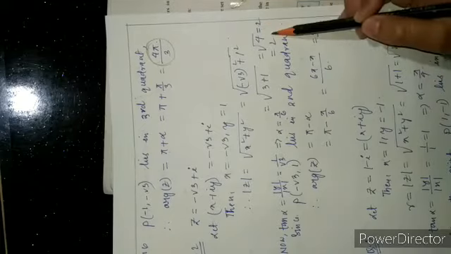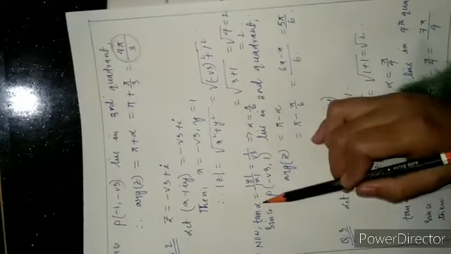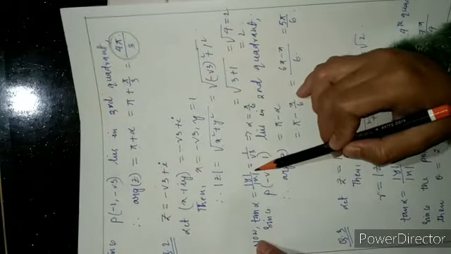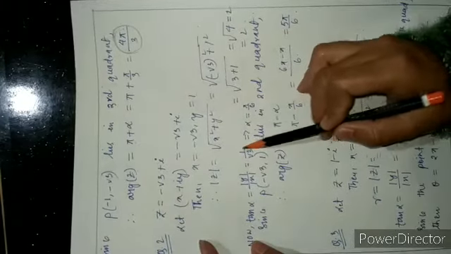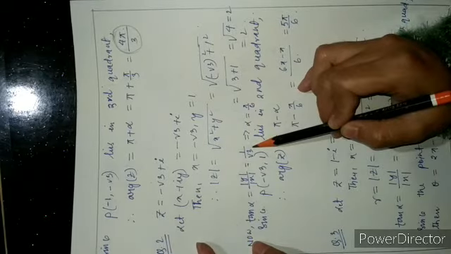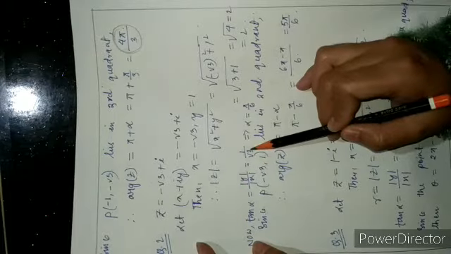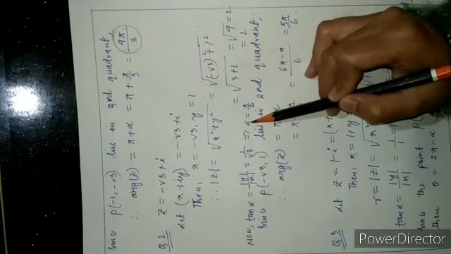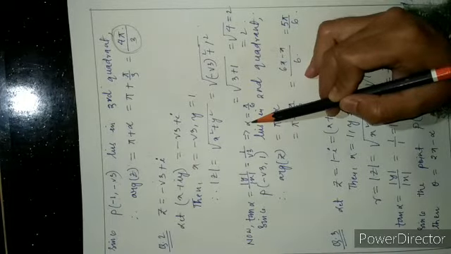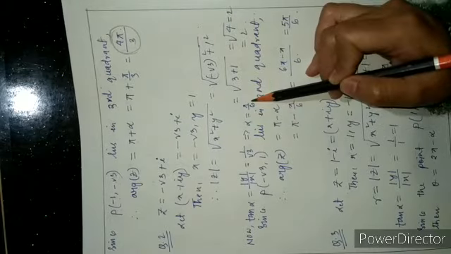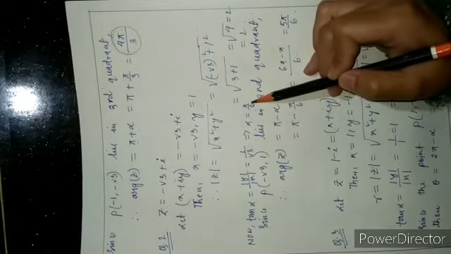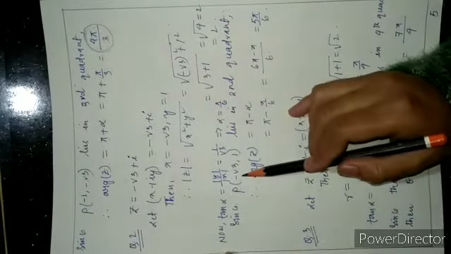3 plus 1 is 4, so the modulus is 2. Now find tan alpha. Tan alpha is given by modulus of y divided by modulus of x. Here the value of y is 1 and the value of x is minus root 3, and the modulus is root 3. Tan alpha is 1 by root 3, which implies that alpha is equal to tan inverse of 1 by root 3. Alpha is an angle, which is 30 degrees, and 30 degrees in radians is equal to pi by 6. Then check